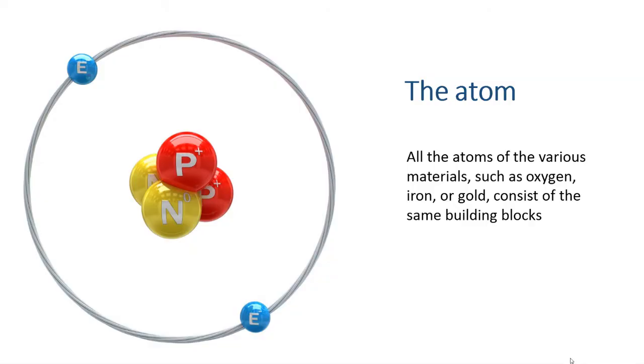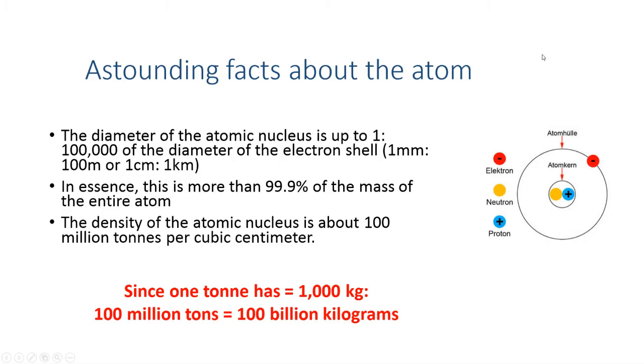Because of representations of atoms showing the electrons circling very closely around the nucleus, we think of atoms as being primarily made up of matter. In reality, the proportions are very different. The ratio of the nucleus to the distance at which the electrons orbit it is actually 1 to 100,000. Or, to put it another way, if the diameter of the nucleus was 1 millimeter, the electrons would circle around it at a distance of 100 meters, or at a distance of 1 kilometer if the diameter of the nucleus